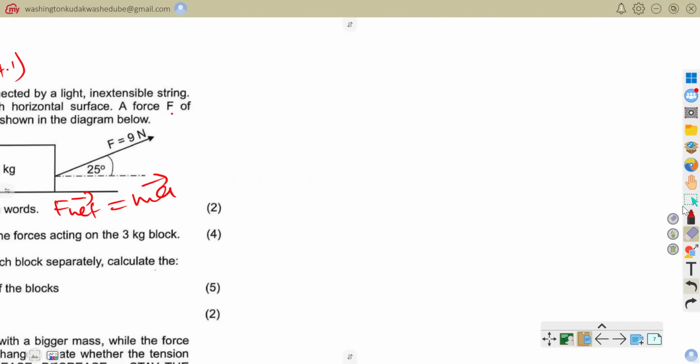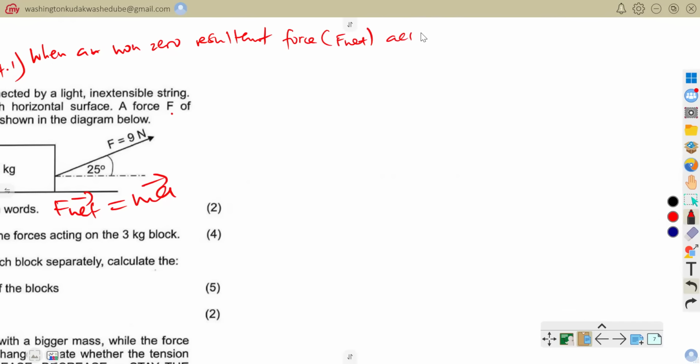So you would say that when an object is acted upon by a net force, a non-zero resultant force, which can be F net, acts on an object,